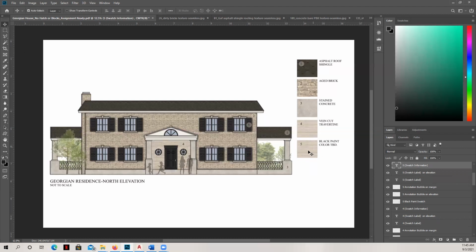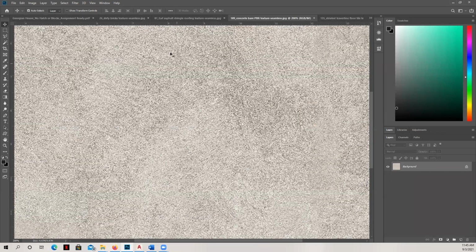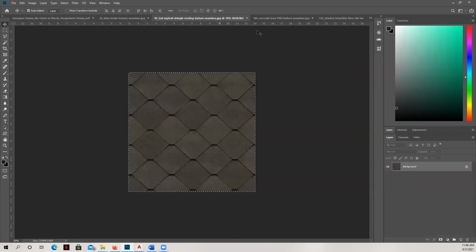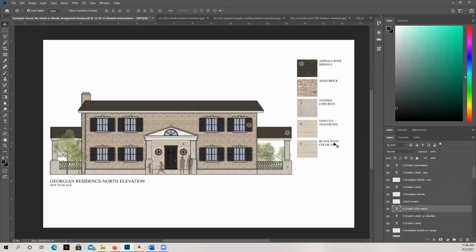Now I've created this as a guide. Now, as I've brought in these other ones, I've just Control-copied and pasted and brought it in here. And then I have manipulated the size of the swatch to trim. So let me just show you that really quickly. I'm copying and pasting and it's going to come in really big. So for the other ones I've done, I've just set it right next to it.